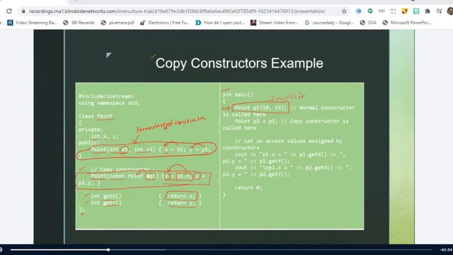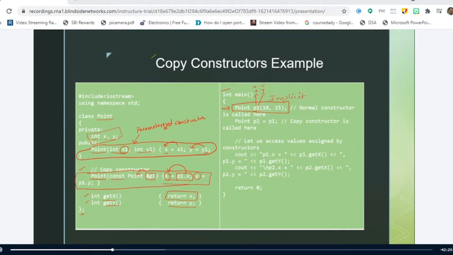So what happens here? The P1 object will be created, P1 that belongs to class Point, and as you know, P1 consists of two data members, x and y, which are private data members. Here you can see, right? And we are initializing the values of x and y with 10 and 15 respectively. So P1.x consists of 10 and y of P1 is 15.